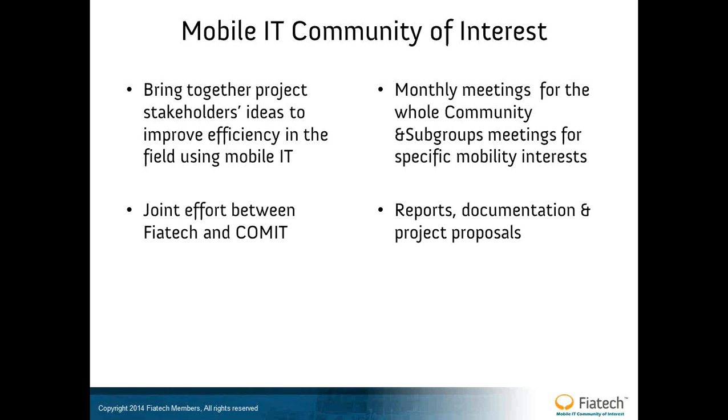We'll talk about that after the main presentation, if there are any questions about that. Deliverables from this community developed by the subgroups would include reports, pilots, and use cases of the work being carried out. These can give an insight into the benefits, challenges, and the costs involved in the use of new technology and applications. Furthermore, the work inside the community can become FIATech-wide projects through formal project proposal. This would increase the scale of a given project and involve all FIATech members.